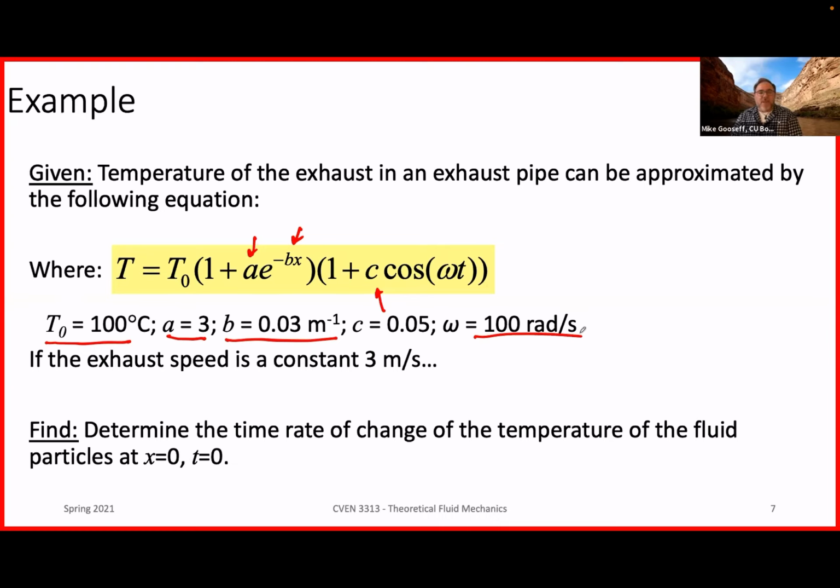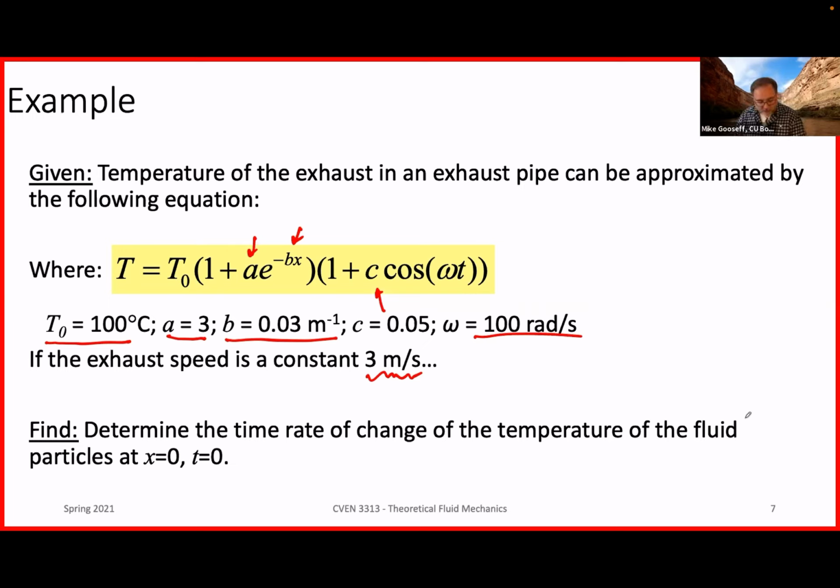So if the exhaust speed is a constant 3 meters per second, now we are thinking about the rate at which this fluid comes out of the exhaust. What we're supposed to find is the time rate of change of the temperature of the fluid particles at x equals 0, t equals 0. So in other words, just as we are emerging from the tailpipe, how is the temperature changing for our fluid particles? Ultimately, we're going to have to take the derivative of this equation,